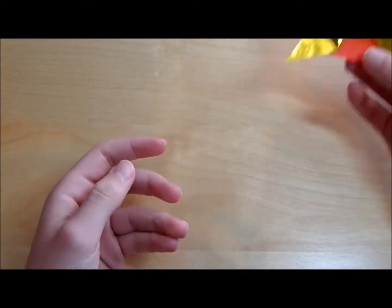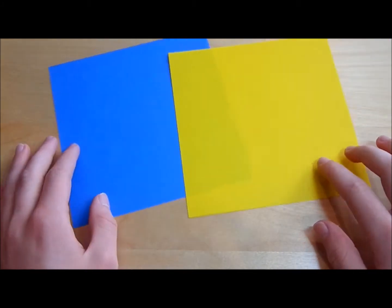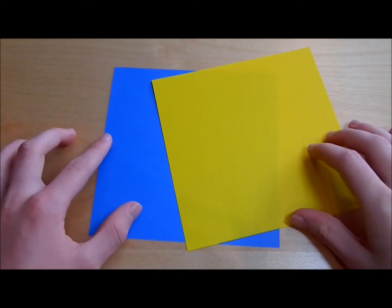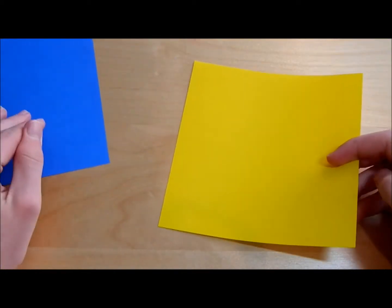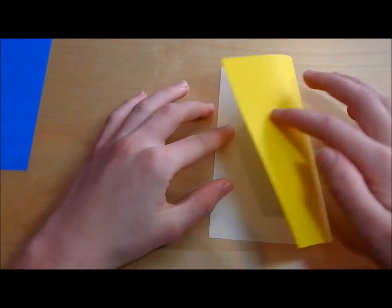So for this model you need 2 square sheets of paper with a different color. They have to be equal. So we are going to divide one of them into